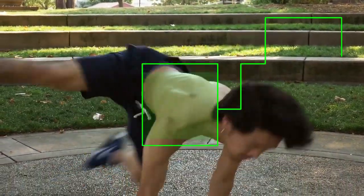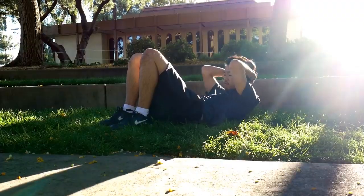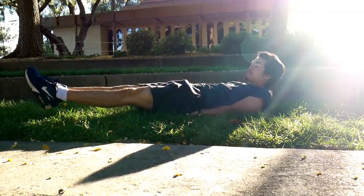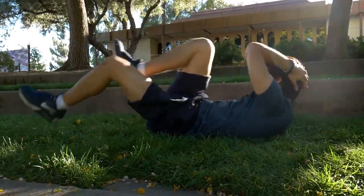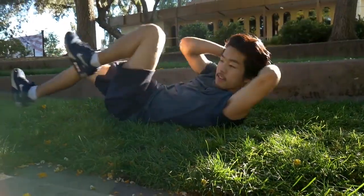For this move, a strong core helps keep the hips raised and it improves control. To strengthen the core, I recommend crunches, push-ups, supermans, static leg raises, and side planks. I personally found bicycles to be one of the best exercises for flares since they not only help with building your core, but they also strengthen your hip flexors at the same time so you can keep your legs up